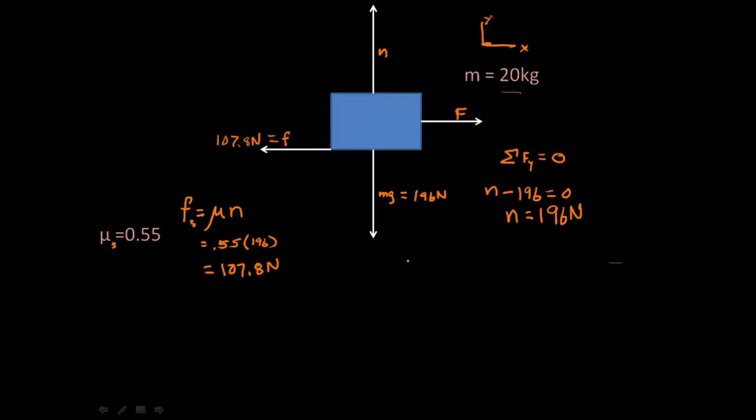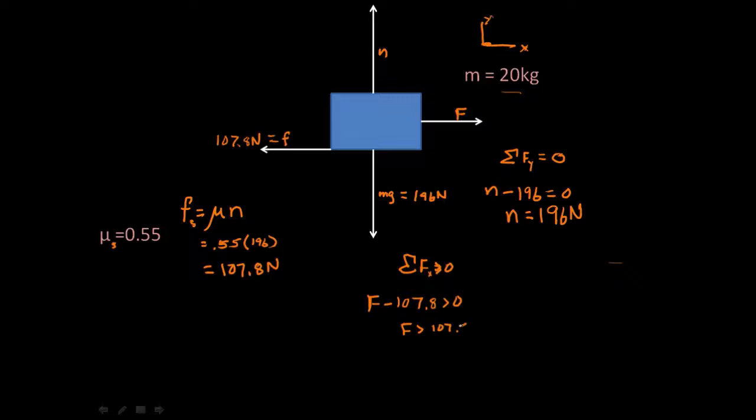So essentially, we're using Newton's first law again. In this case, the sum of the forces in the x direction is 0. Well, technically it is going to be slightly greater than 0. So let's make it greater than 0. And so let's see, the sum of the forces, that would be F minus 107.8 is greater than 0. Y minus, again, look at the positive x direction and look at the arrowheads. And so we get that that force has to be greater than